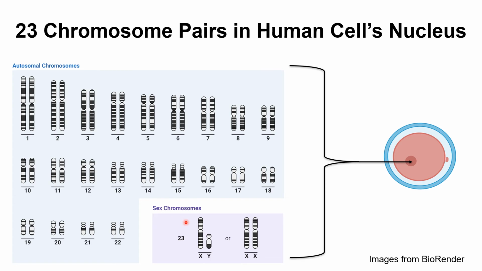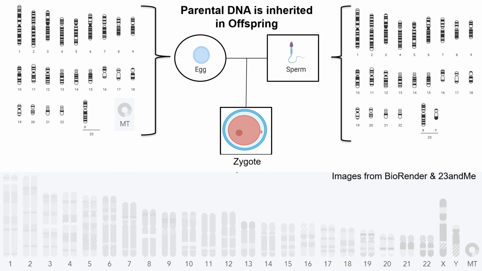Whereas on the sex chromosome, the X always comes from the mother, and the Y or the second X would come from the father's sperm. And these 23 chromosomes contain all the exons and all of the blueprints for how to transcribe and translate DNA into RNA to make the proteins to maintain homeostasis. So to understand how we get these 23 chromosome pairs, it's useful to look at how parental DNA is inherited